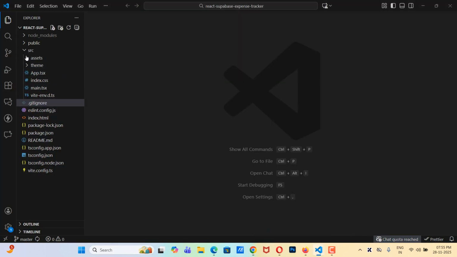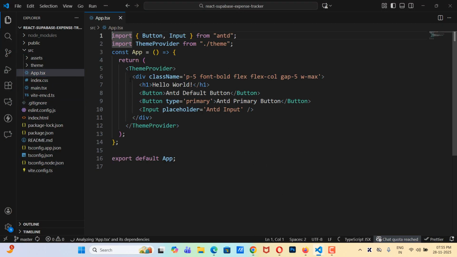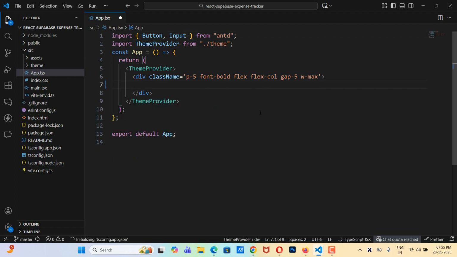Now we will work on the UI part. So first we will do some cleanup of the code, and then we will install React Router DOM for routing, and we will set up all the authentication routes like login, registration. Okay, so let's go to Visual Studio Code, and inside app.tsx, let's remove all this code, and here I'm going